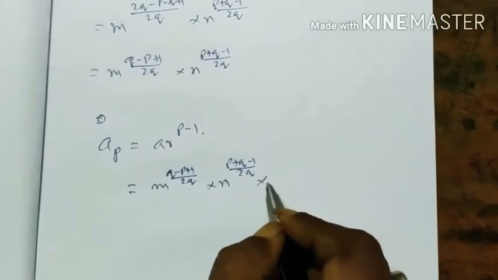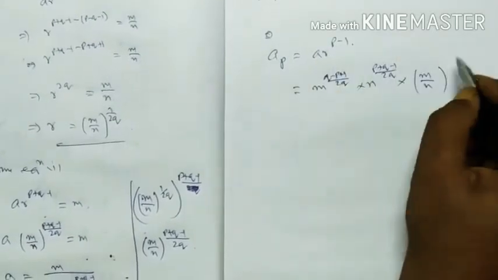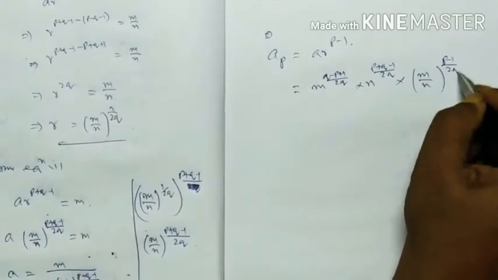And this is the value of R. So this will become (M by N) to the power of (P minus 1) by 2Q. Now,